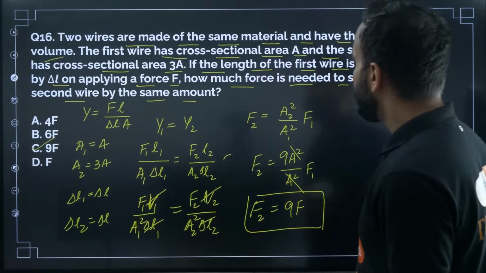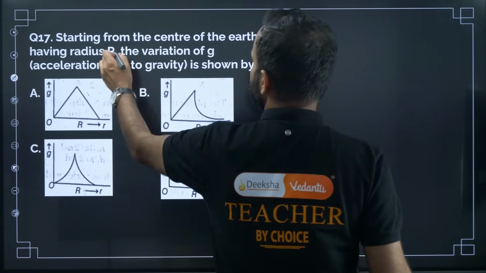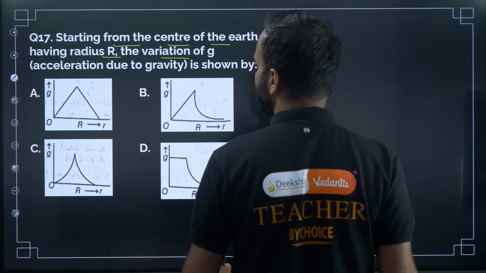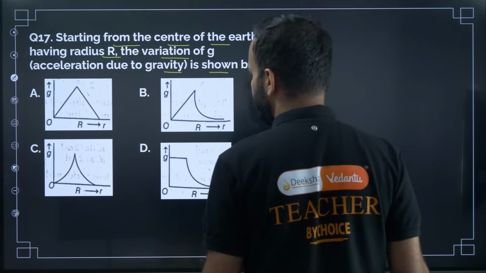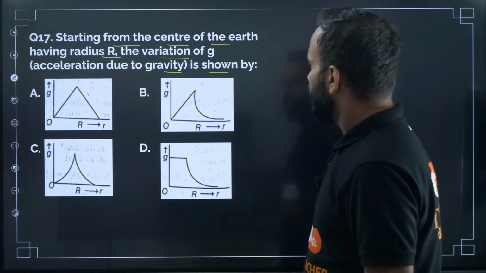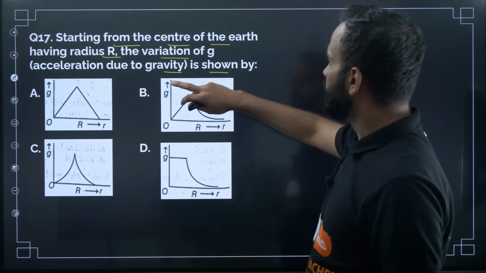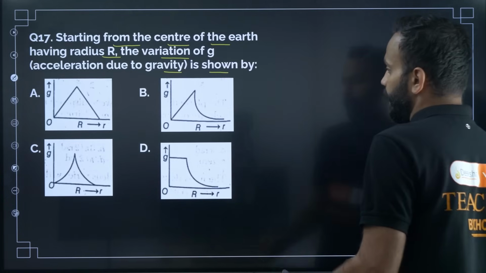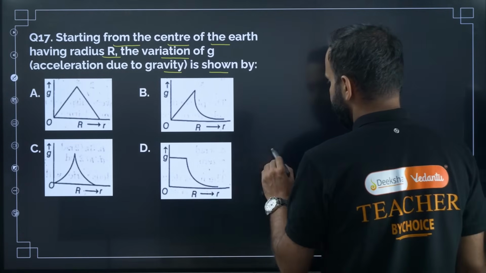Next question, question number 17. Starting from the center of the earth having radius R, the variation of g, acceleration due to gravity, is shown by... Okay, starting from the center of the earth having radius R, the variation of the g is shown, right? Here we know that